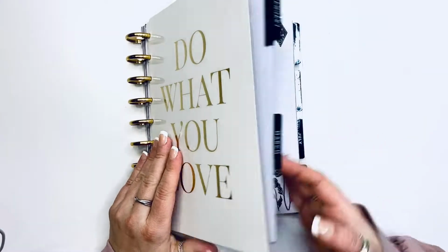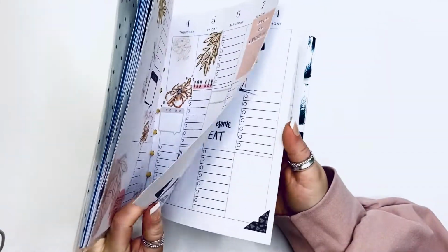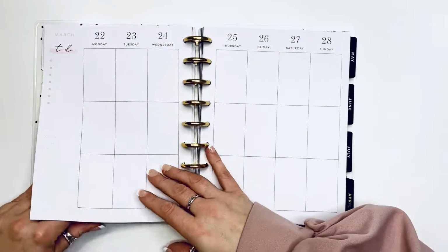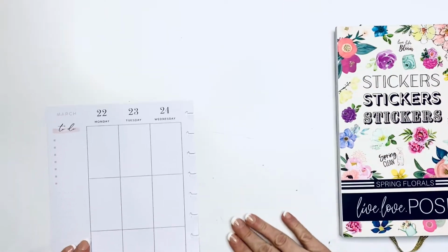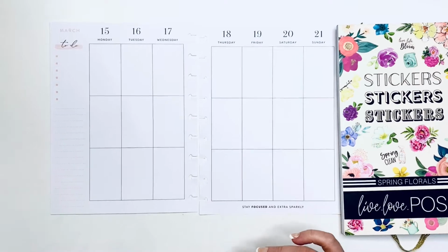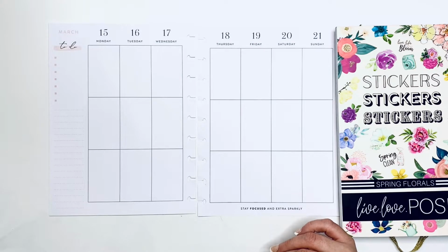Today we're planning in my Catchall planner, which is a classic size Happy Planner. And this one is actually a design by Teresa Collins. So here we go. Today we are planning for March 15th through the 21st. So it is St. Patty's week. And I'm going to be using the spring florals from Live Love Posh, and I'm going to be